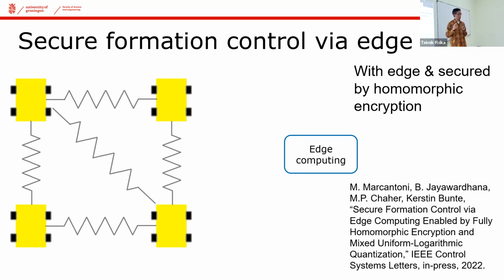So that means it has to be able to decrypt your data, it is able to retrieve your raw data, and then from the raw data, it computes the control law, and then it encrypts it again, sends it back to you, and then you decrypt it, and then you implement the control law locally. We might say, yeah, in this case, it is secure because everything in the pipeline of the communications is secure, so it should be fine.